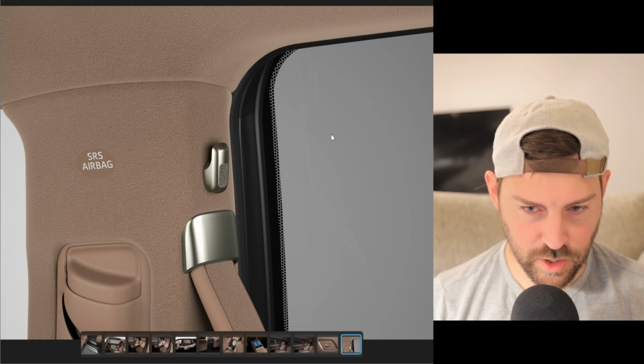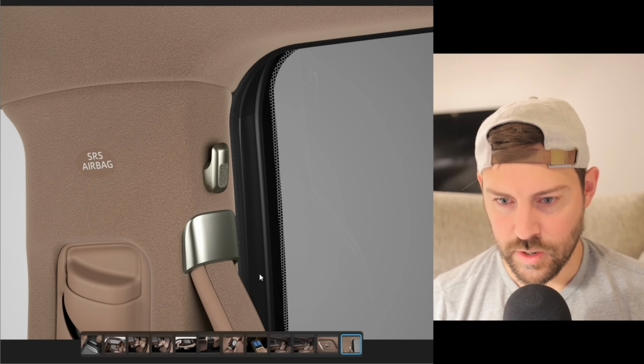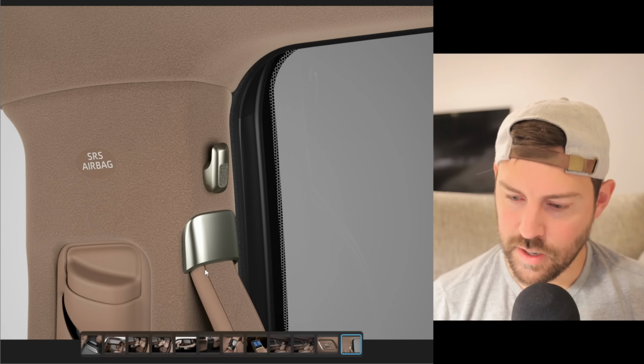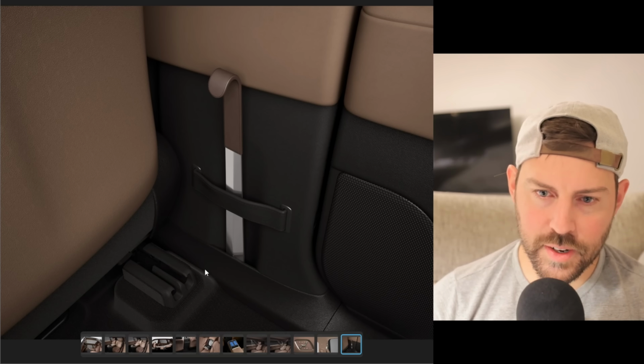This is to hang your objects, I would assume. Maybe your hanger and your nice clothes. Very high detail on this bar to get in. Oh, I forgot to mention, there's also